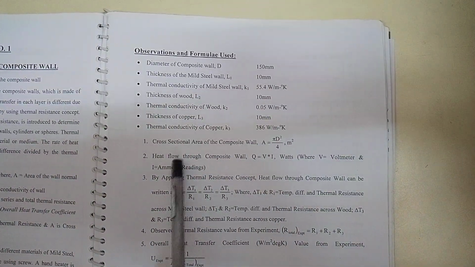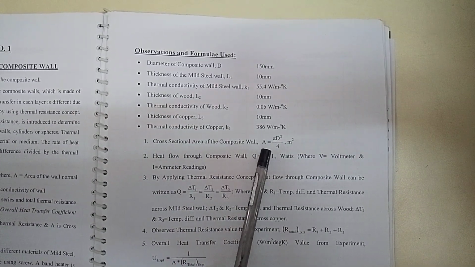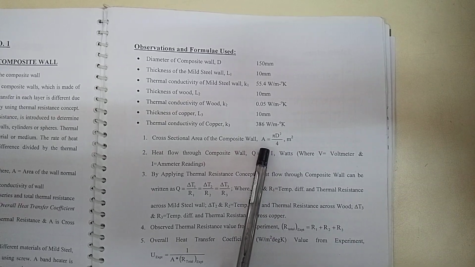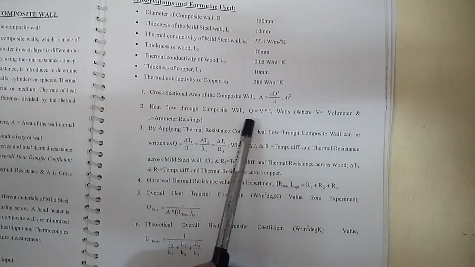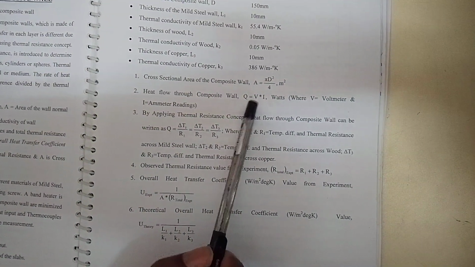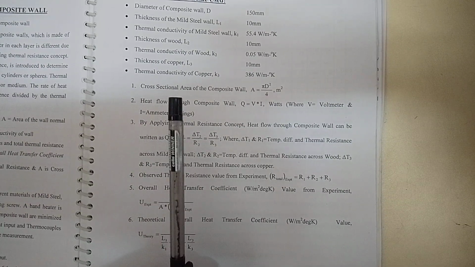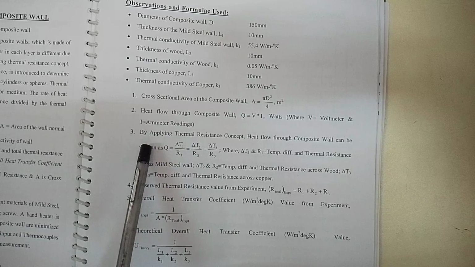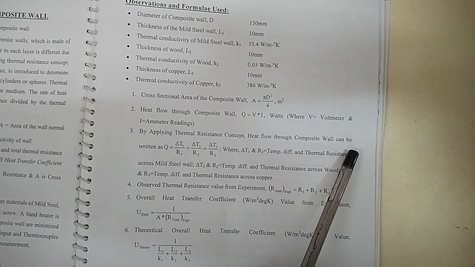So here we are going to find the cross-sectional area of the composite wall. Since you know the value of the diameter, you can get the area of the composite wall. For the heat flow through the composite wall, Q is equal to V into I, where V is the voltmeter reading and I is the ammeter reading. Then, by applying the thermal resistance concept, the heat flow through the composite wall can be written